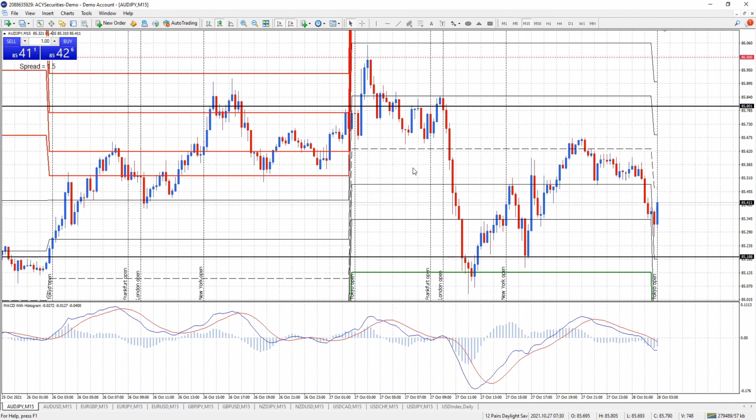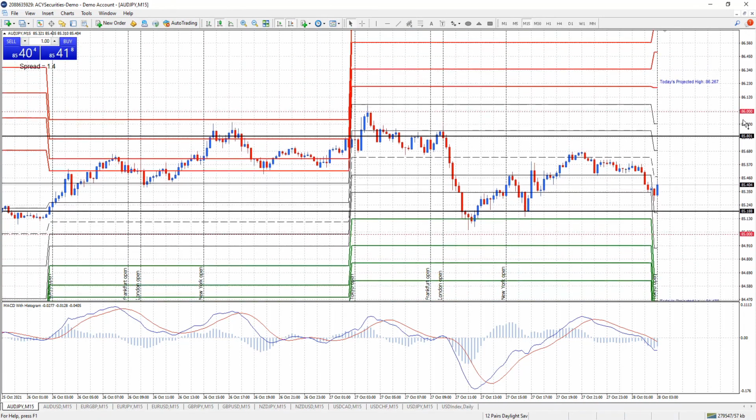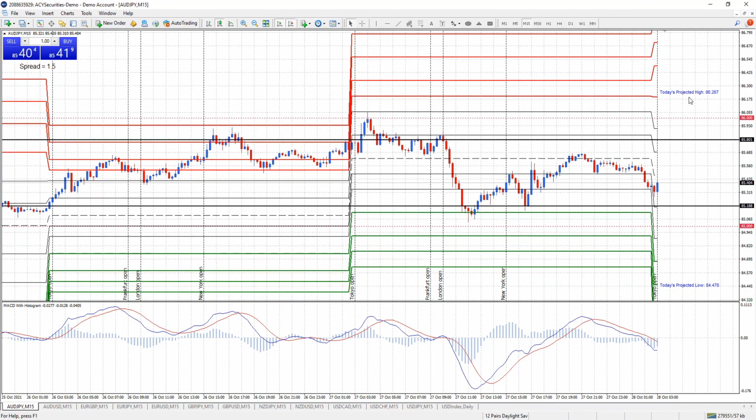Now on my 15-minute chart I have a few indicators, so I'll just take you through them. At the bottom down here we've got the MACD. In the main body of the chart I've got pivot points, I have the figure indicator, and if I just squash this in a bit, I also have today's projected high and low indicator. So throughout the course of the day